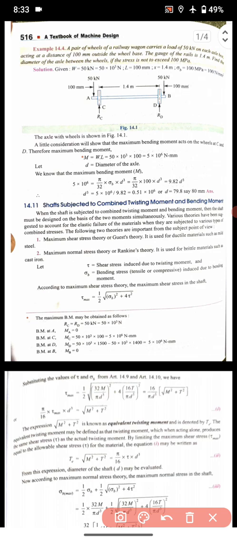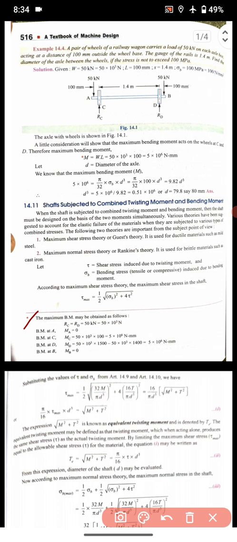One thing, how are you going to find the bending moment? The process is: RC is equal to RD is equal to 50 kilonewton. How? 50 plus 50 will be equal to RC plus RD, and since both are acting at the same distance, RC is equal to RD is equal to 50 kilonewton. Bending moment at A will be 0. Bending moment at C will be 50 multiplied by 10³ multiplied by 100.